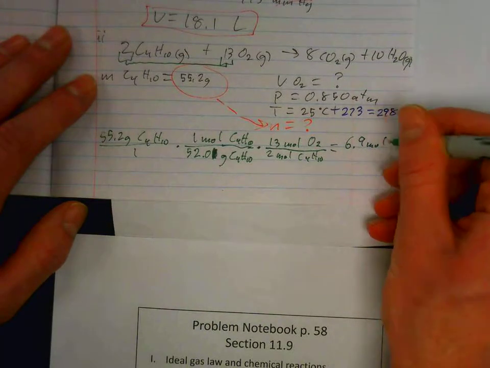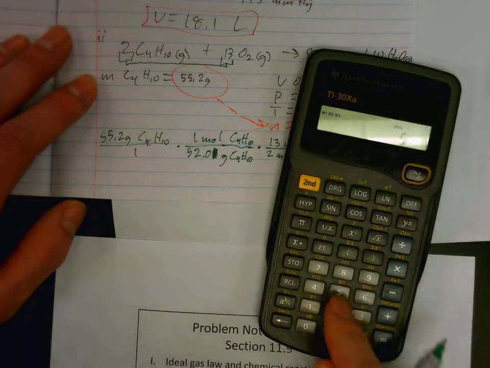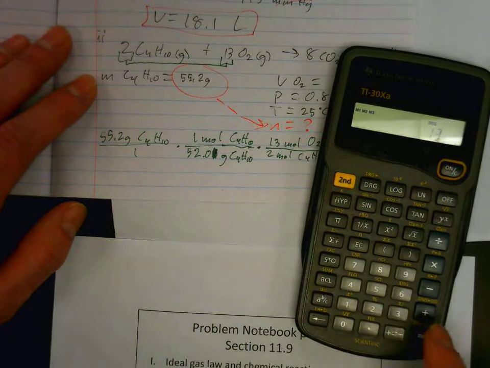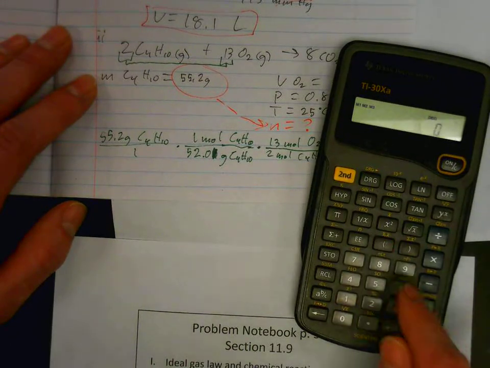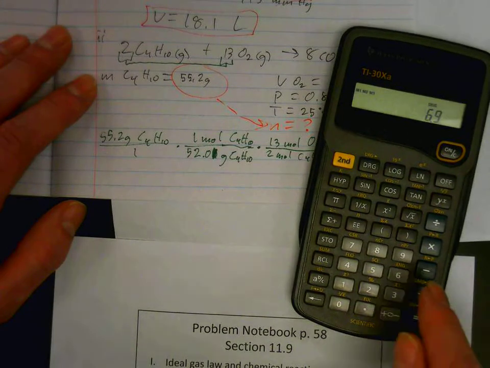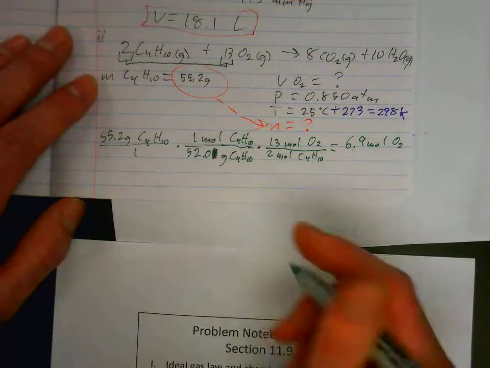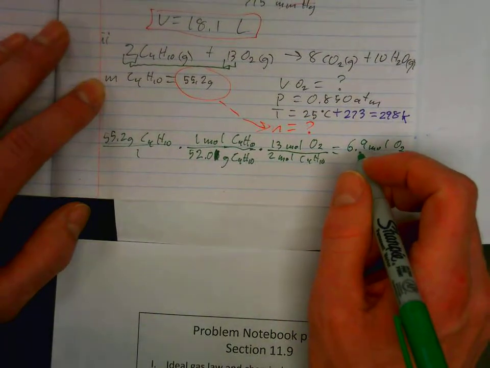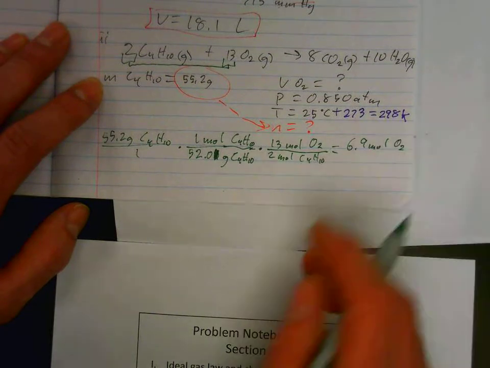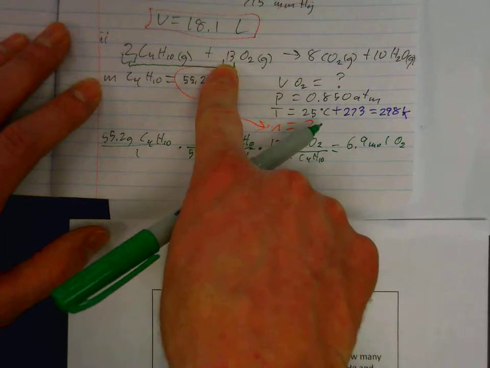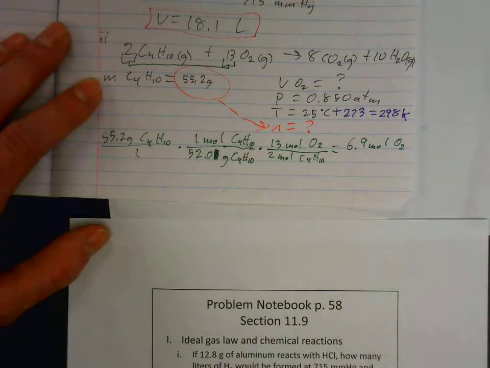Let's check that answer. That sounds a little high. 55.2 times 13 divided by 52 times 2. Okay, so it is a bit high, but that is apparently the number of moles of oxygen that we need. So that's quite a lot for a gas. But if you look at the equation, it shows you need a lot of oxygen to react with the butane that's there. So now that we have the n value,